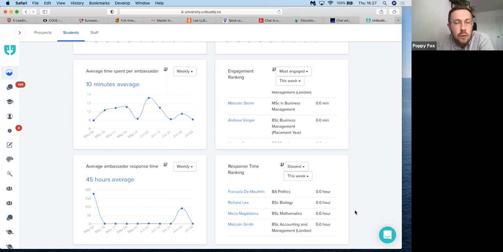To give you a ballpark figure, ambassadors would spend between an hour and 2 hours a month answering questions and chatting on the platform. So 30 minutes a week, it's not a huge time commitment, but if you're paying them an hourly rate, it is really good to know with some degree of precision how much time they're spending working on this. Alternatively, many of our partners do not incentivize ambassadors financially, but rather have a series of softer incentives. And this ranges from giving them some university hoodies and t-shirts or university swag that always goes down really well.